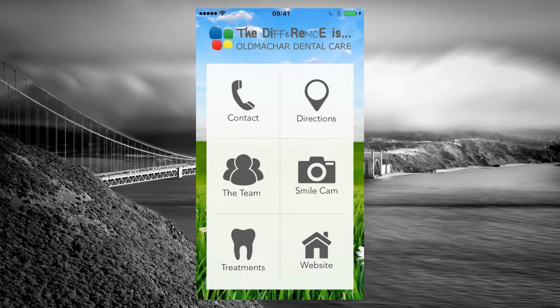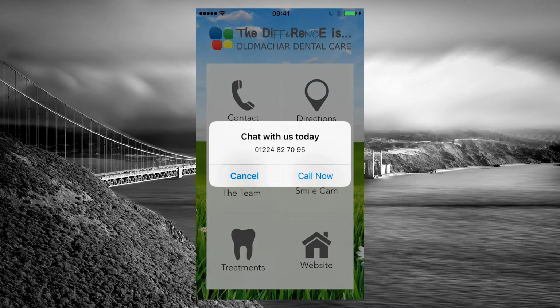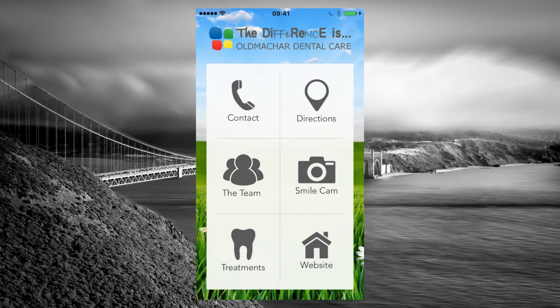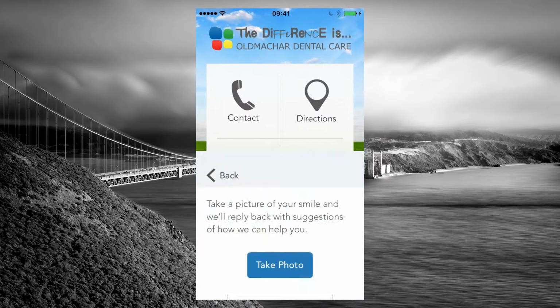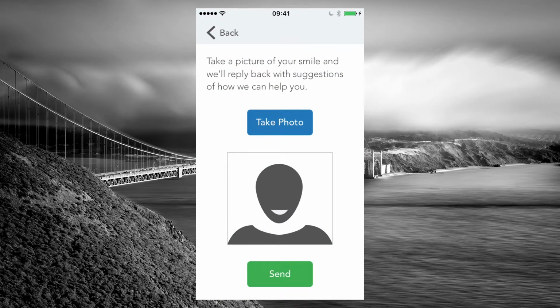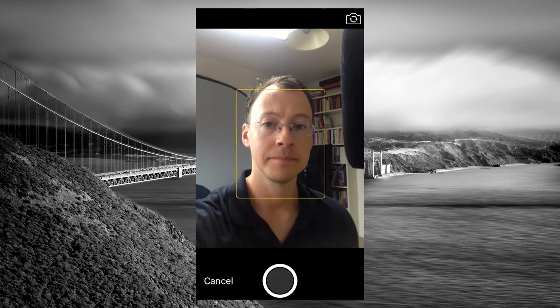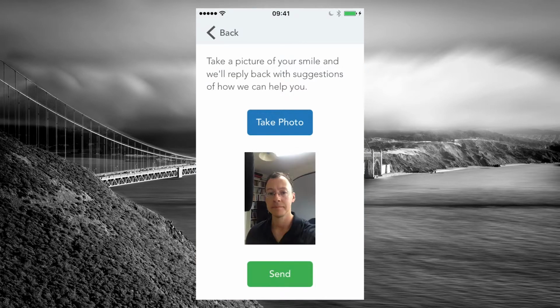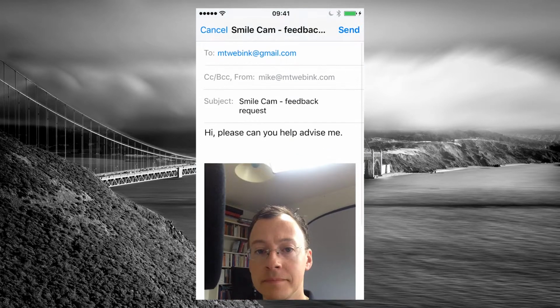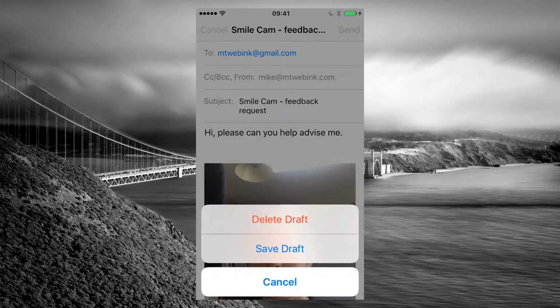It's looking much better. I didn't really change the other features, they're the same. But I really worked on the UI for the smile cam. I didn't want to clutter the view. I wanted it nice and clean, very easy to use and straightforward. So let's take a quick photo. There we go. And it adds it in an email. We'll just cancel that for now